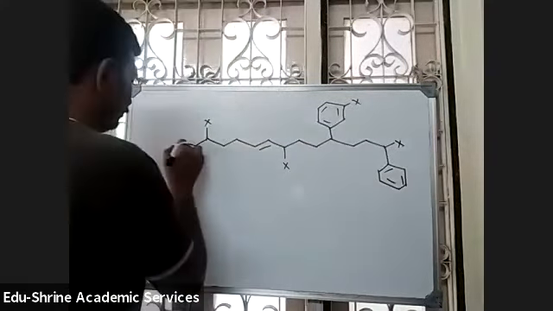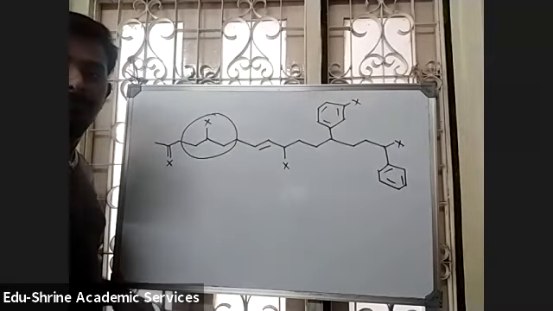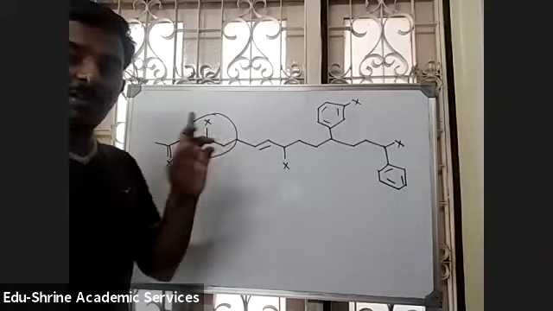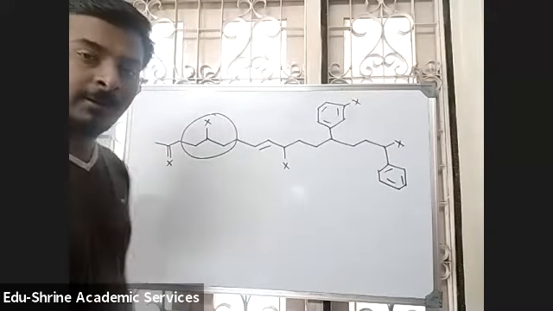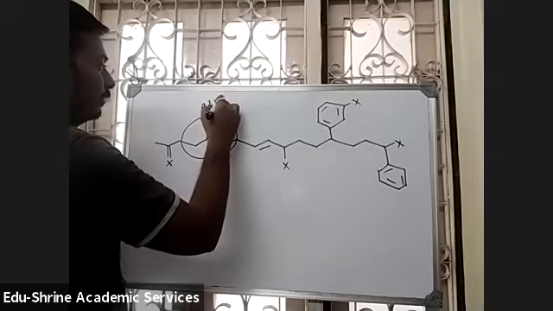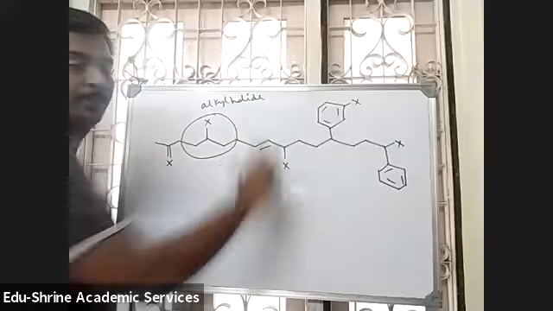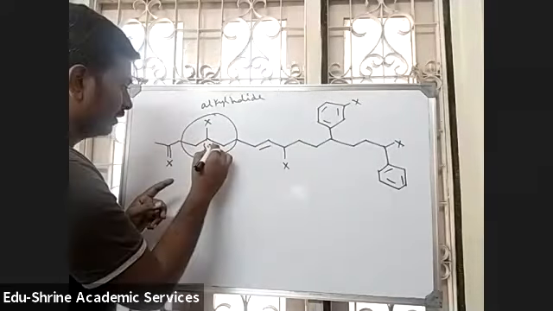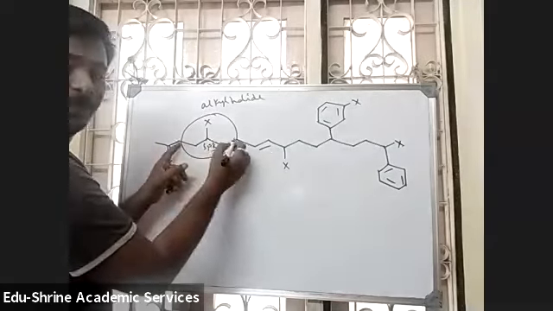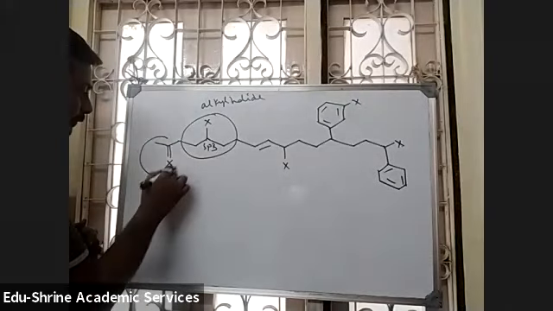So this is the compound I have given. First tell me, what about this group? Is this part of the compound alkyl or aryl? What type of group is it? This is an alkyl group. Good. This is an alkyl halide group, because the halogen is attached to an sp3 carbon atom, and this is further attached to only sp3. I am asking only about this part. So it is alkyl. What do you say about this one?